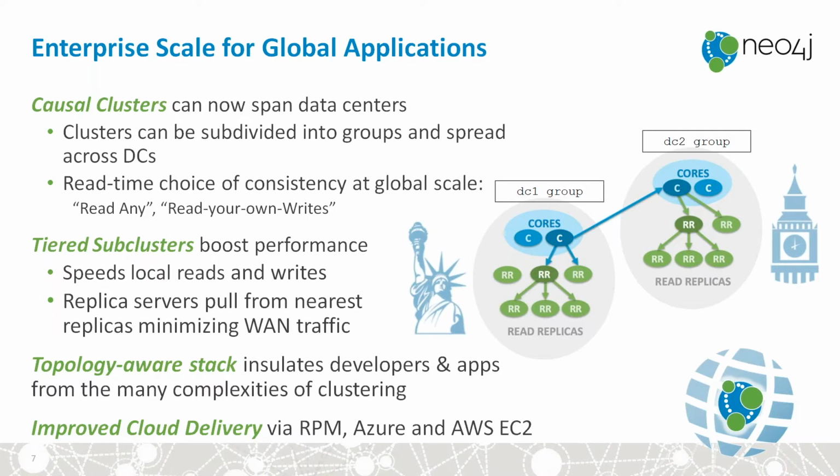You now have that kind of flexibility built in, and as we go forward we'll have a couple of examples of why this is important, and it continues the idea of supporting the read your own writes